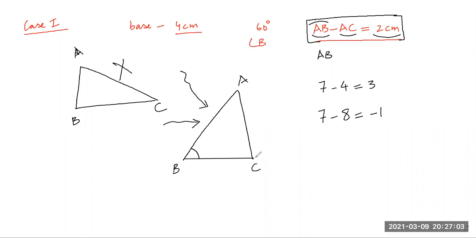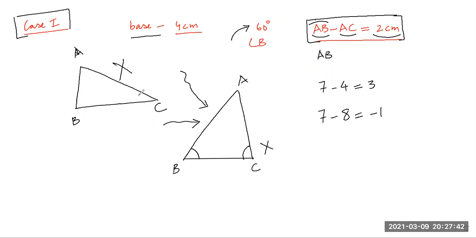See, there are two base angles. One base angle, C, is not given. B angle clearly is given, 60 degree. Even C angle can be given, doesn't matter. So whatever base angle is given, in this case B base angle is given, the arm of the triangle on the base angle obviously would be AB. Whatever base angle is given, if the arm of the triangle on that given base angle is bigger, this case 1 would be applicable.